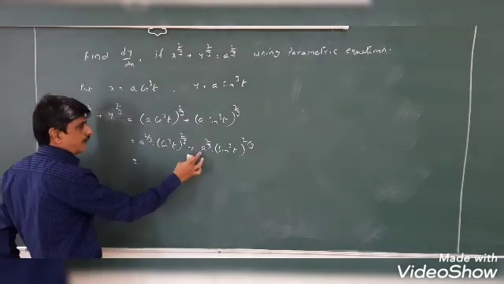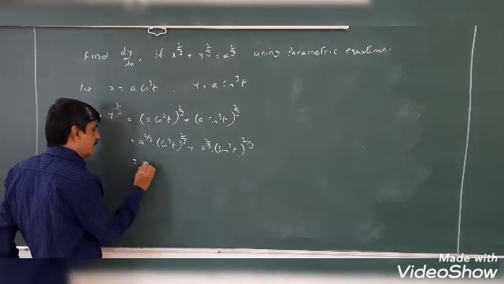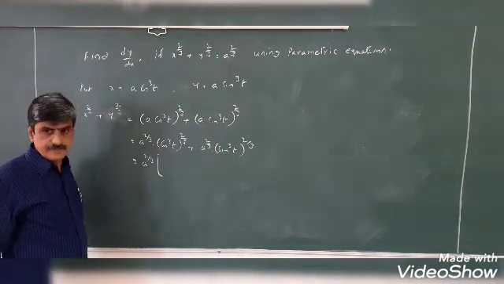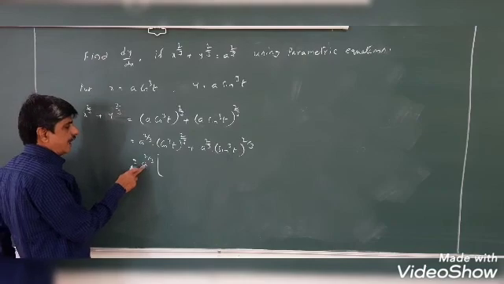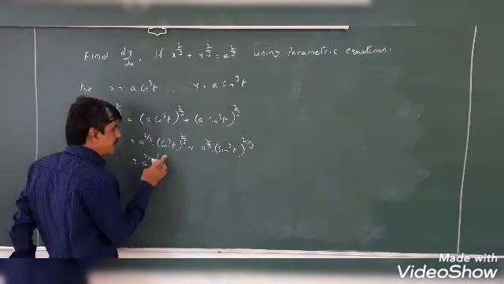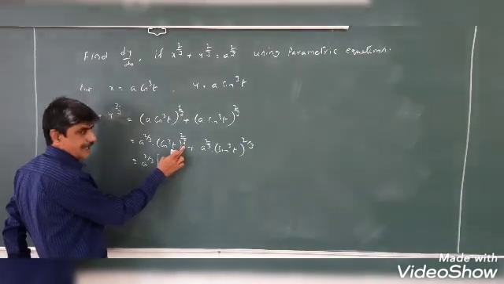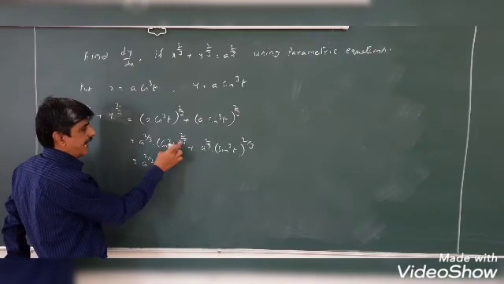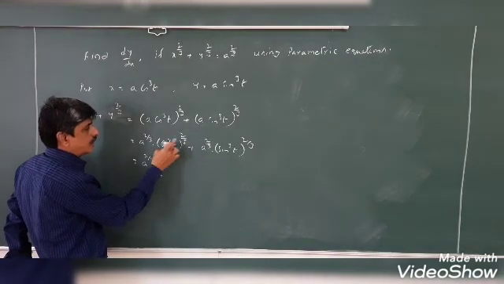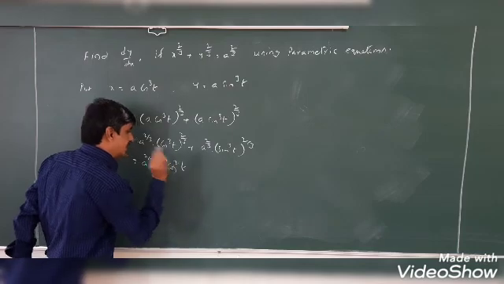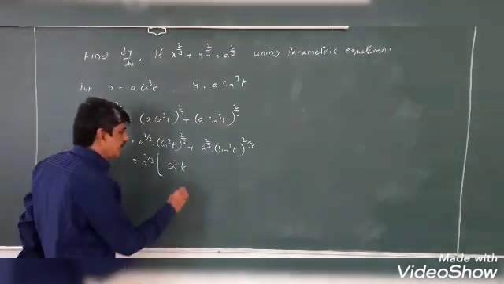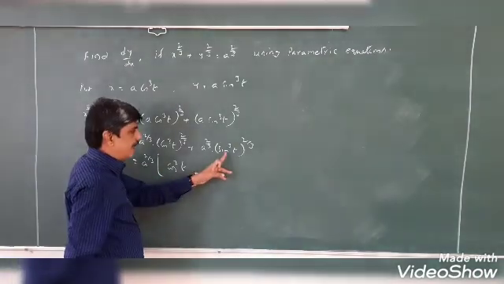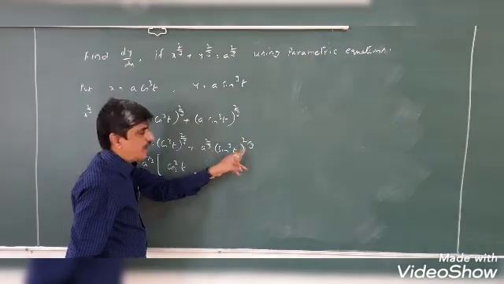So here a to the power of 2 by 3 into a to the power of 2 by 3. So take common a to the power of 2 by 3 from these two terms. By taking common a to the power of 2 by 3, remaining is cos cube t whole power 2 by 3. A to the power of m whole to the power of n is a to the power of m n. So 3 into 2 by 3, the 3 gets cancelled. Remaining is cos square plus, already taken a to the power of 2 by 3 common, then remaining is sin cube t whole to the power of 2 by 3.